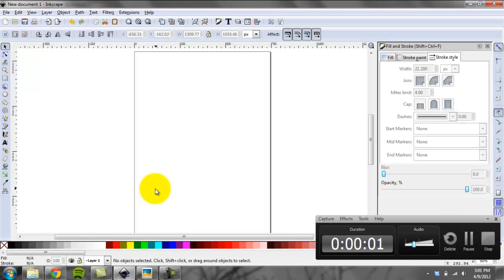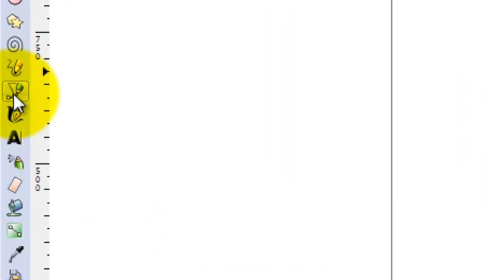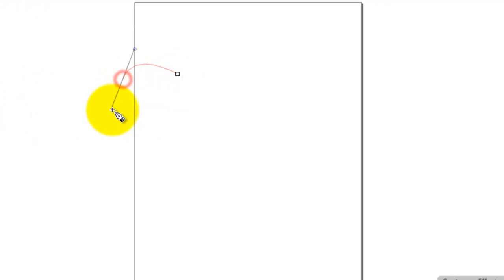Back in Inkscape, I'm just going to dive right in. I'm going to take my Bezier tool right here. I'm going to begin to play around with making some curves. You should just take a few minutes right now, pause the video, and play around and begin to understand